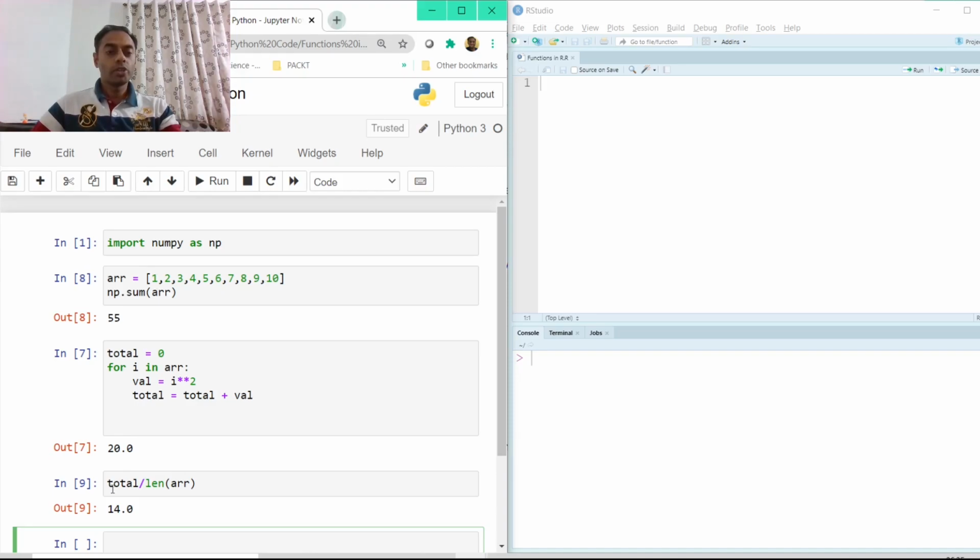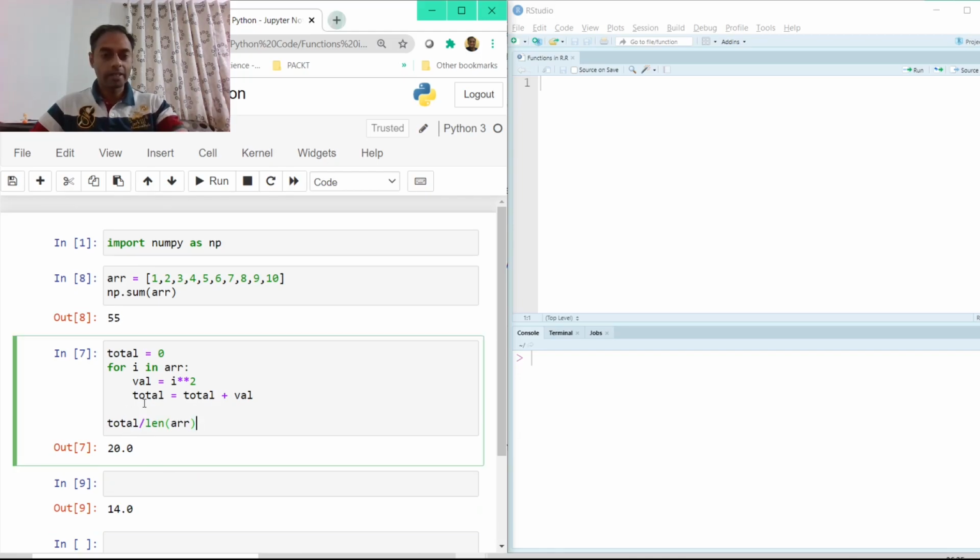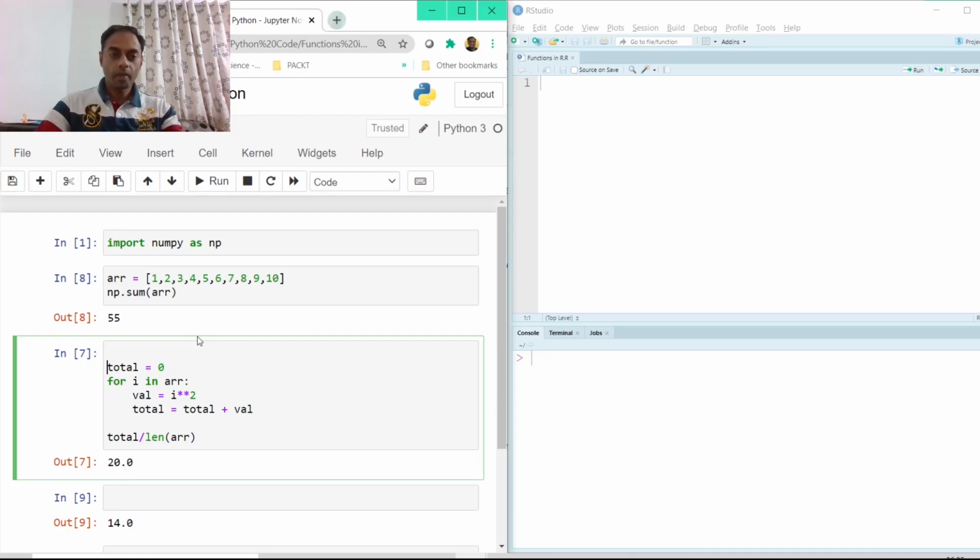So to ensure that we don't have to execute whatever number of lines of code we have done to get us the final output, what we can do is pass everything inside a function. Let me paste this back in the cell itself. And what I can do here is define everything inside a function.